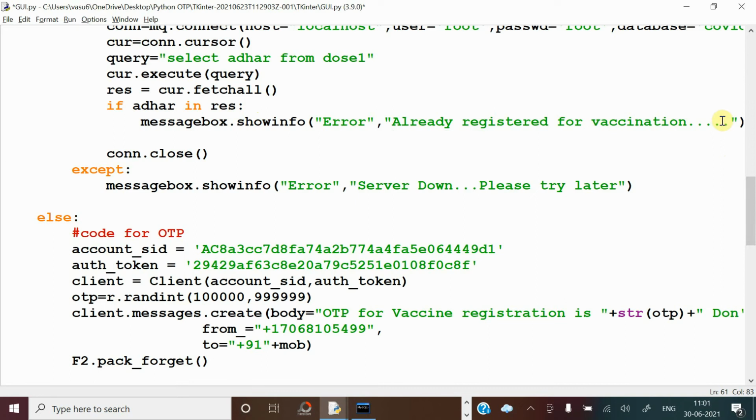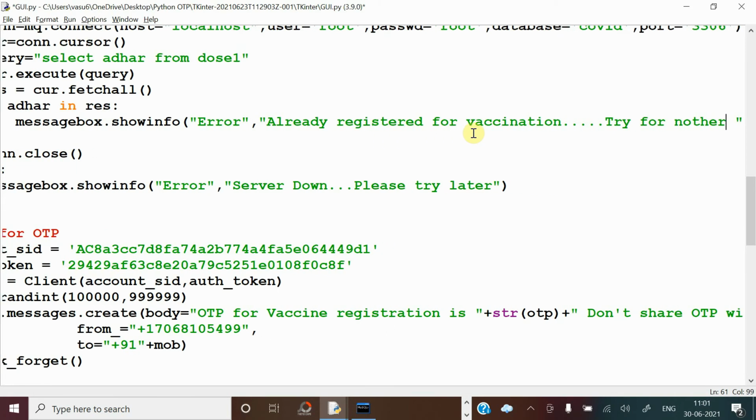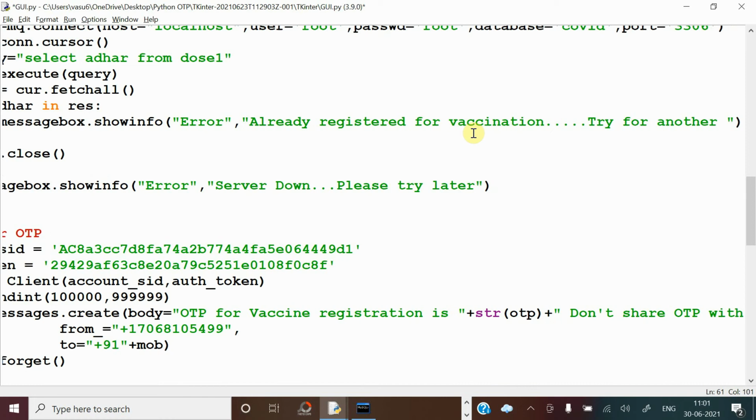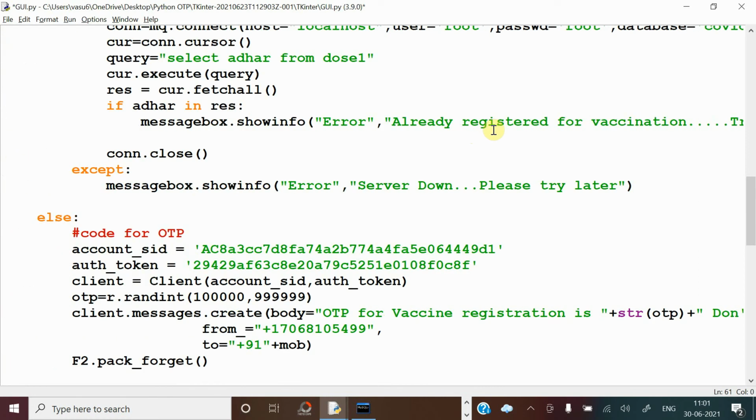Simple like this, you can keep an error message. Means that particular user has already existed. So then try for another. You can keep a message like this: try for another person. It will show you an error message. It will not proceed further.